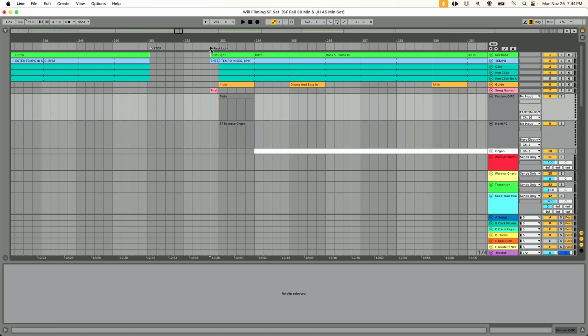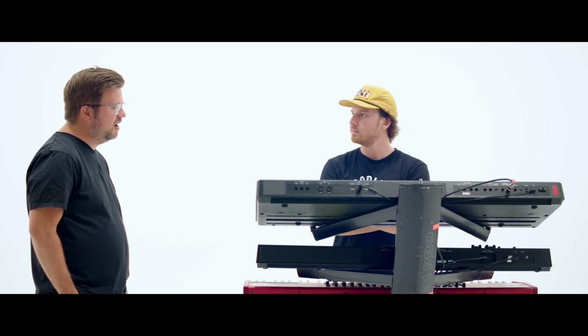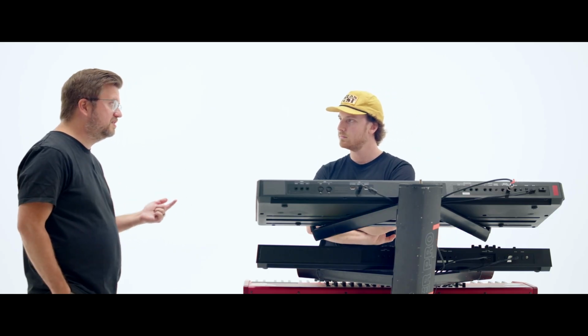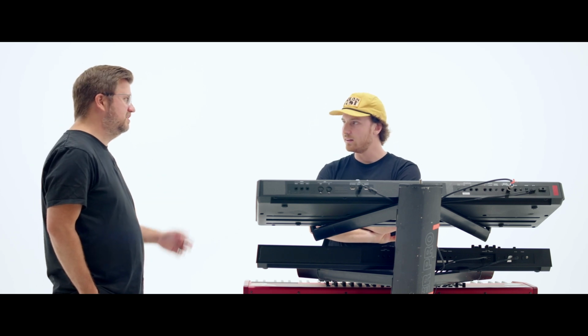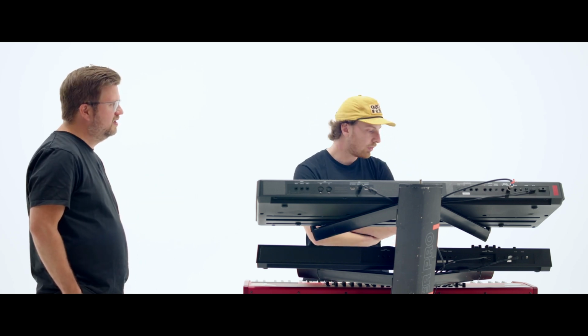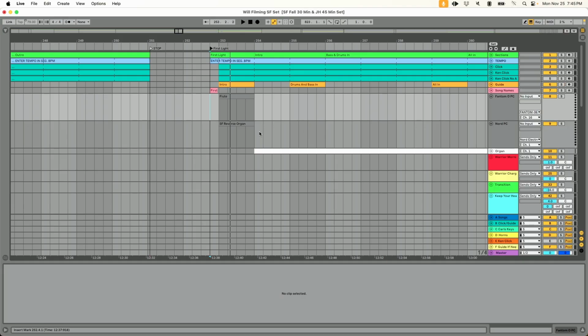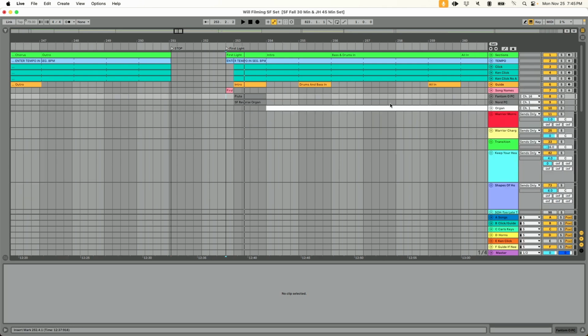So whenever I press play, it'll change to those sounds that you need. That's great. And the beauty of this is you do this once, you never have to do it ever again. Exactly. One thing I can show you to be careful for whenever you build super tight transitions